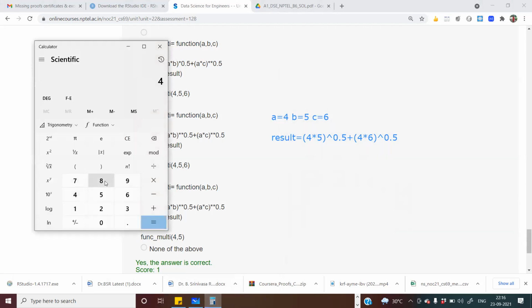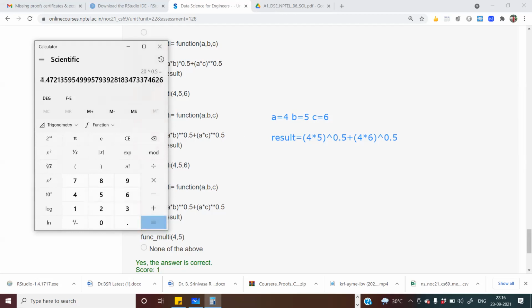So 4 into 5 will be 20, right? 20 to the power 0.5 is 4.47.